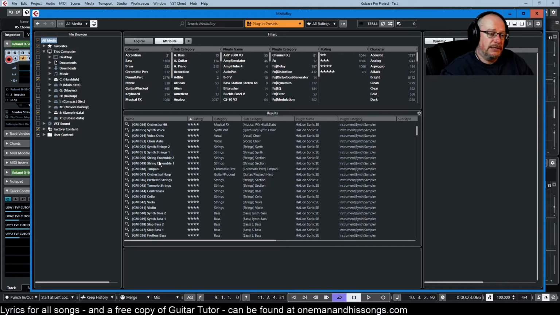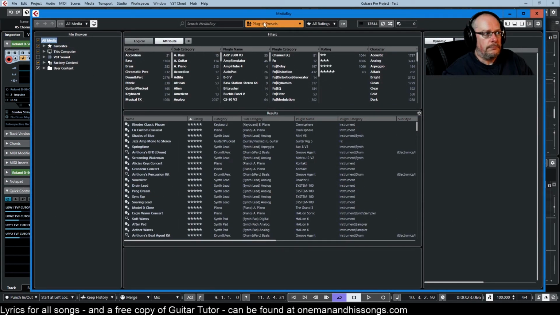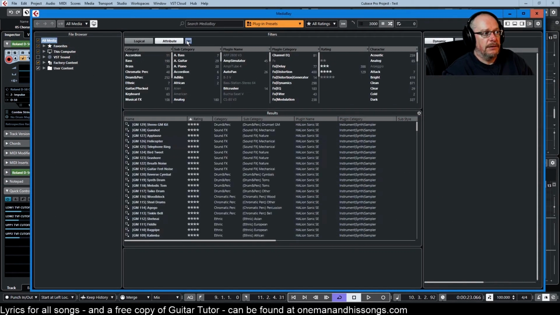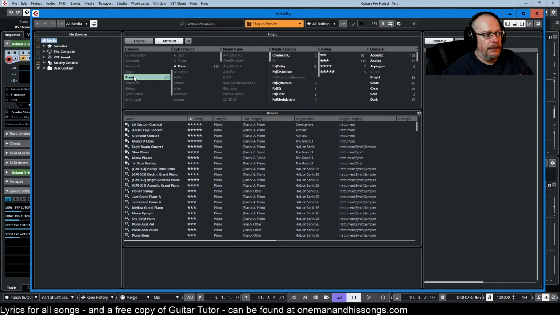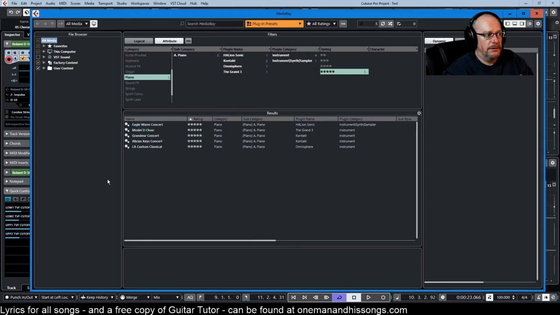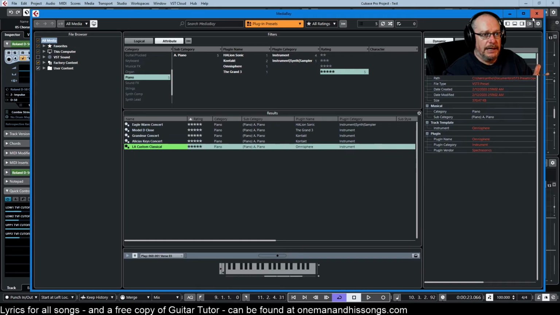What I tend to do is I do it as required. When I come across a great sound that I know I'm going to want again, I import it into media bay. And if I'm trying to find a piano sound from scratch, the way I'll do it is go into media bay, go to plugin presets, make sure I don't have any filters set, go down to piano, 5-star, LA Custom Classic, just double clicked it,